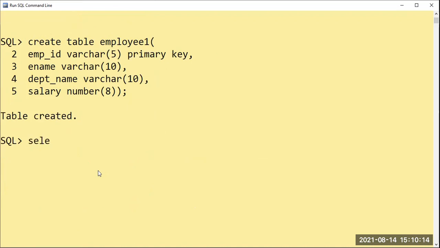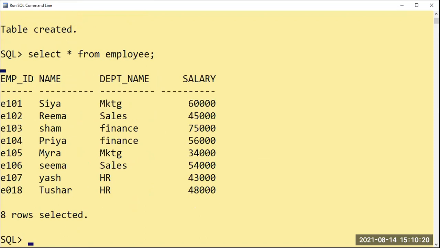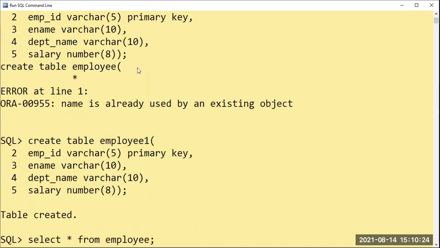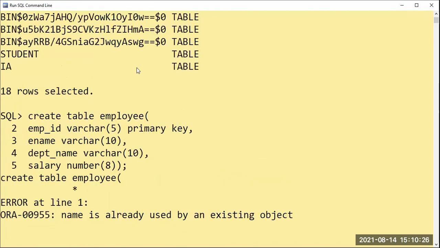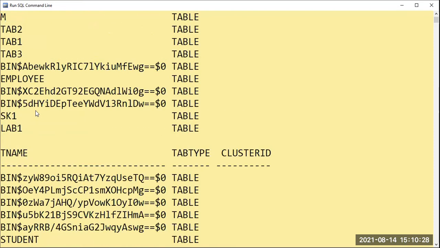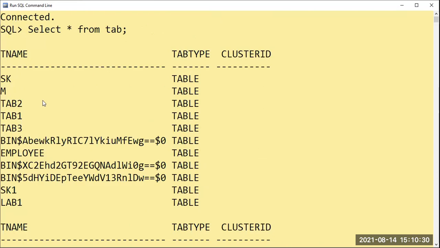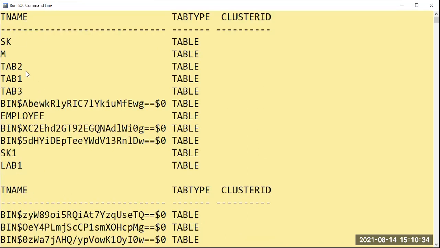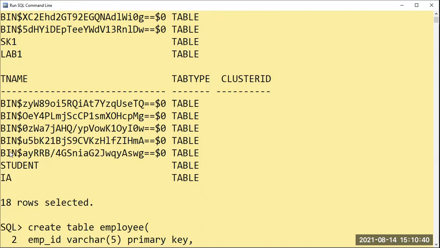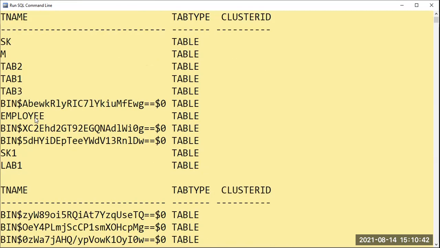Before insertion of the record, let me check select star from employee to see if it is there. Fine, no problem, the employee table is there. I'm not sure why it has not displayed here. It is displayed, see: tab1, tab2, tab3, and the employee table is already there. I didn't scroll up, extremely sorry for that.